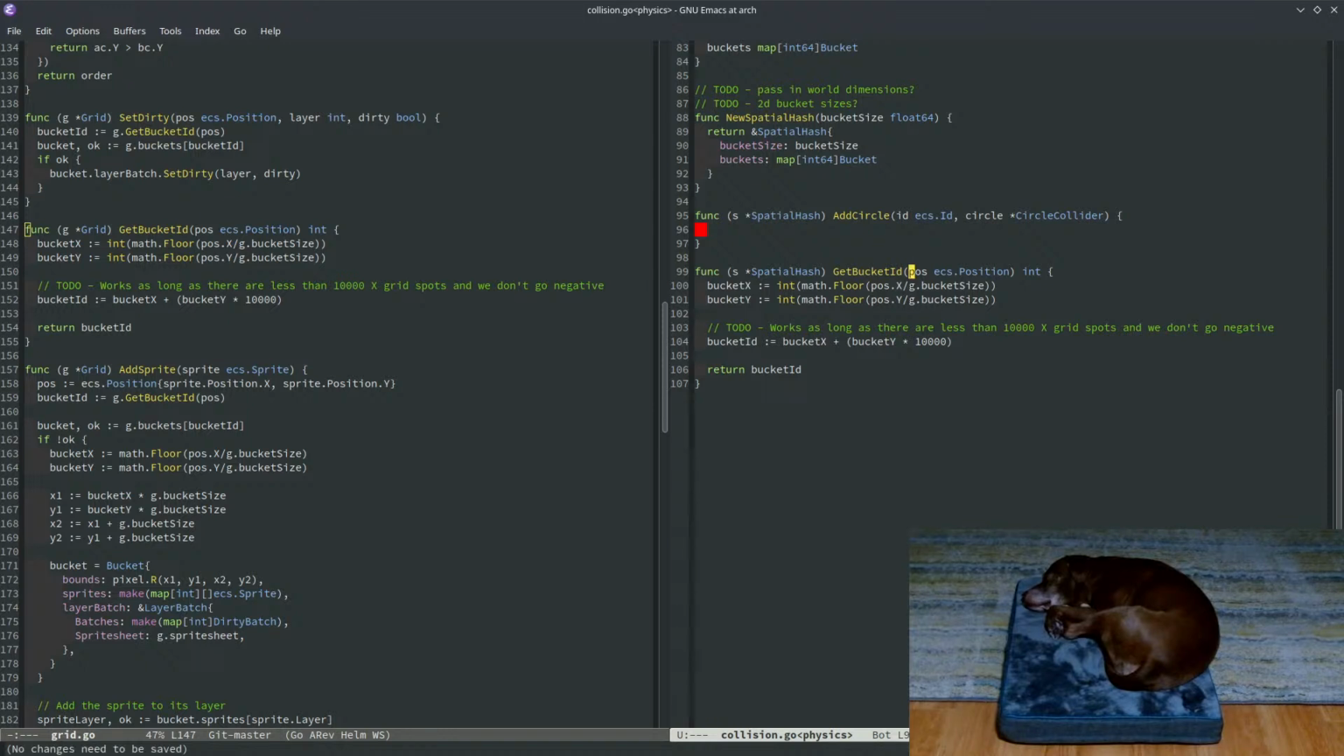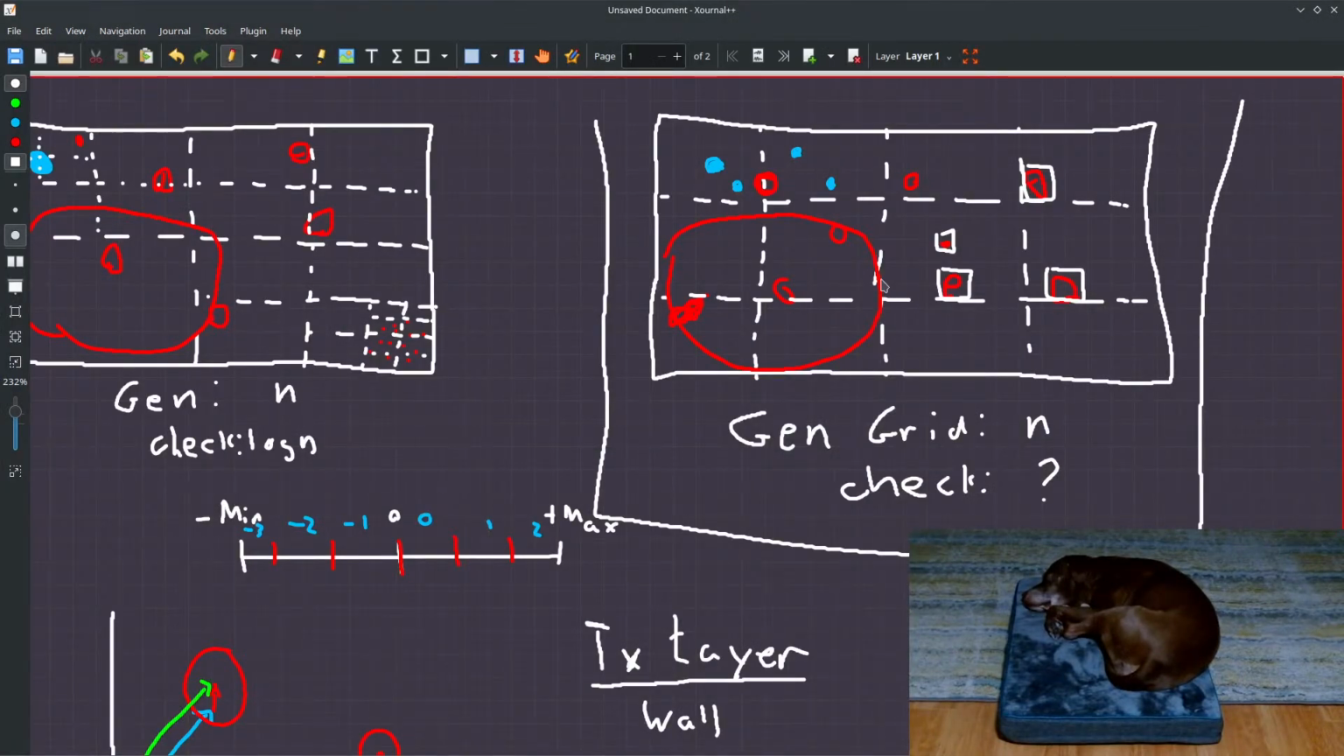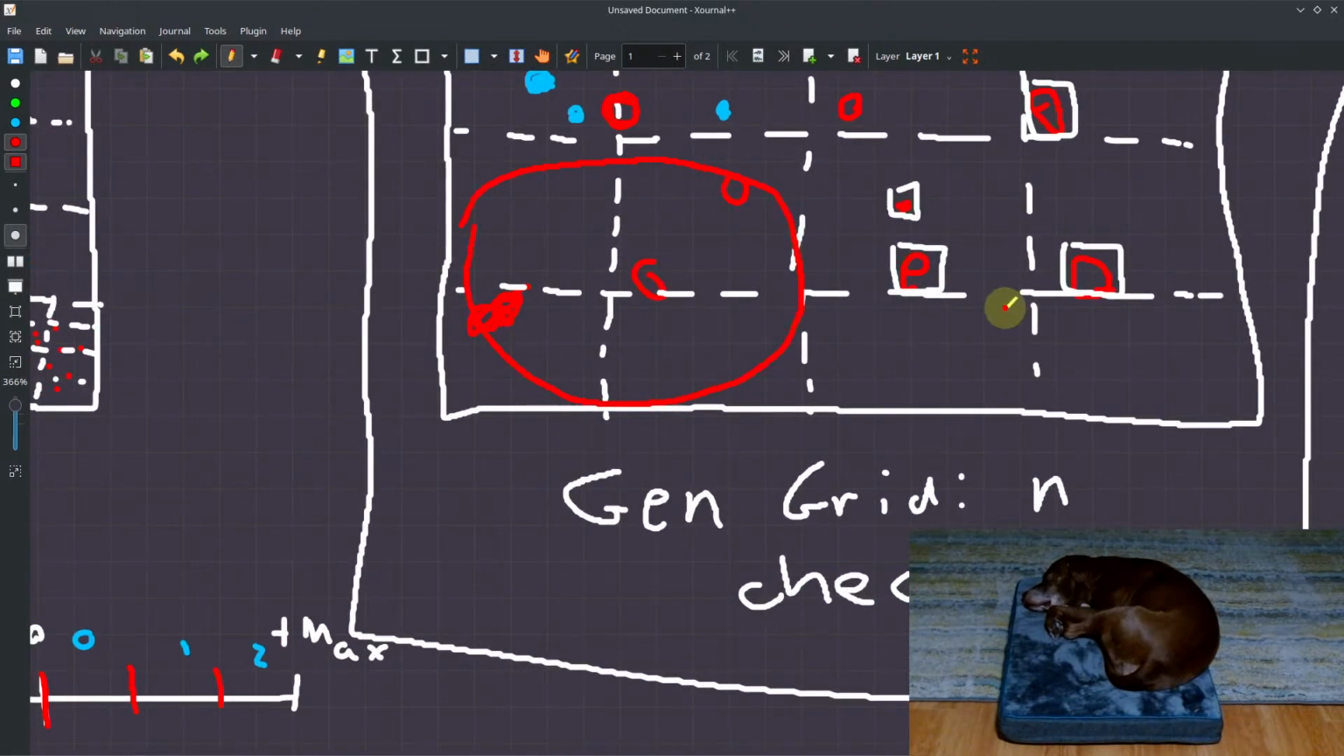Get bucket ID of a position. It does become more complicated than rendering, because with rendering I could just pick a position and say, you're going to be a part of this batch, or you're going to be a part of this batch. But when you have circles, now I have to say, your position's in this one, but your collider reaches these three, so you're a part of all three of these. So technically I need to check